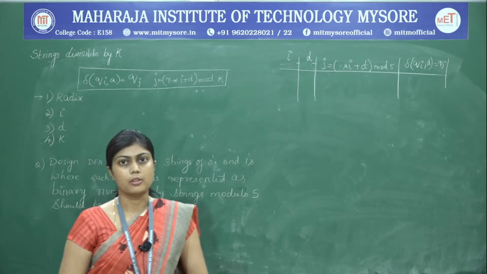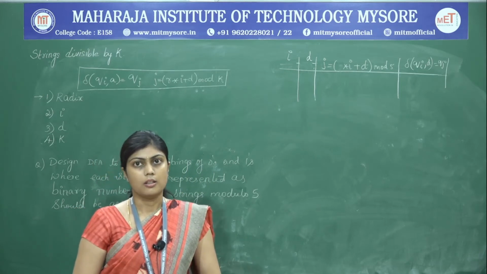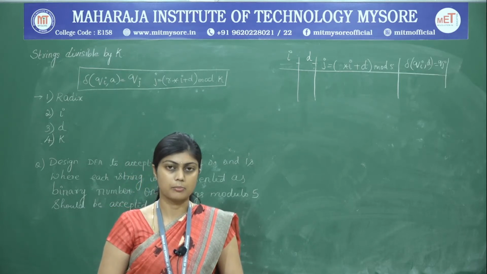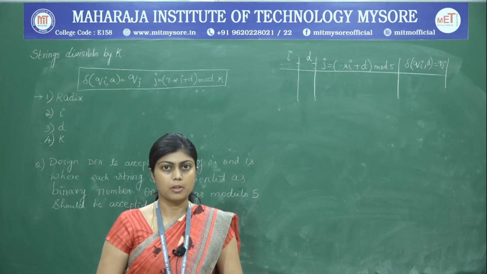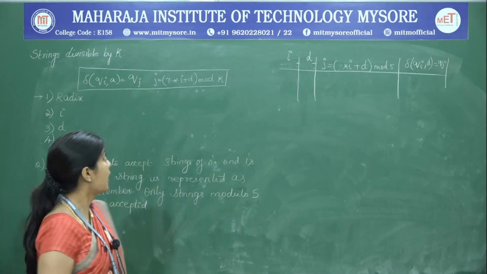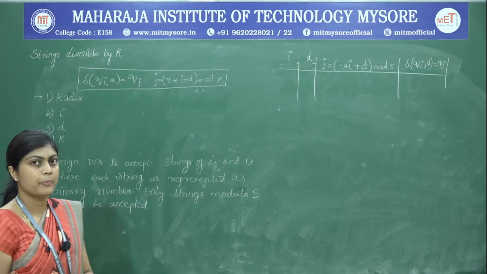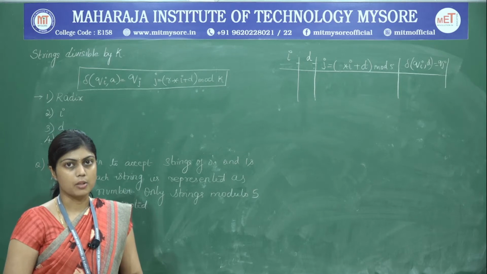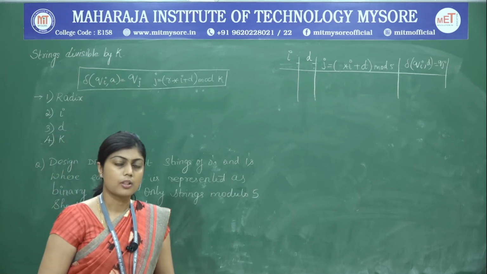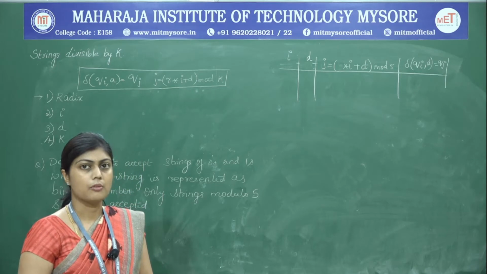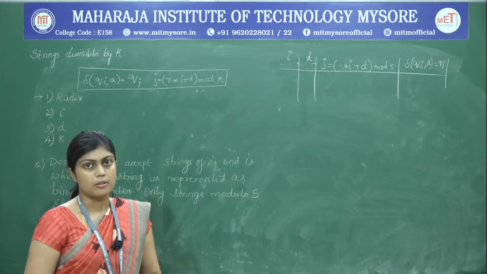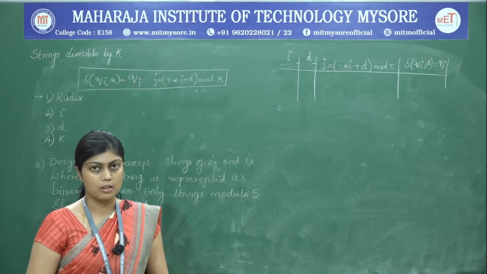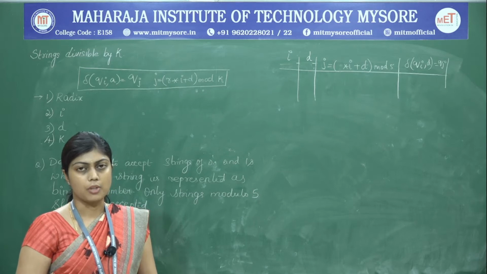Now in this class we are going to learn about designing DFAs that accept strings which are divisible by some number, and we call this kind of problem the divisible by k problems. For example, if you want to accept all the numbers which are divisible by 5, the DFA should be able to accept 5, 10, 15, 20 and so on, and reject all the numbers that come in between 5 and 10, between 10 and 15, and so on.